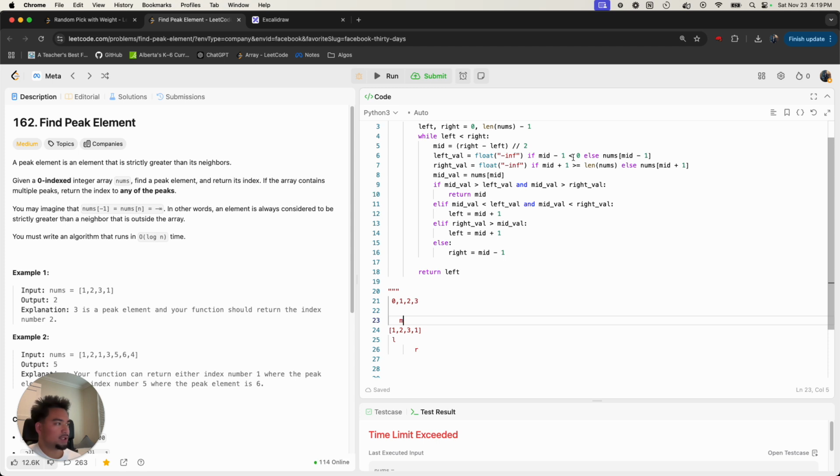If mid minus 1 is less than 0, else, then do that. So I take nums[mid - 1], this one. I'm comparing that. That's my left value. My right value is nums[mid + 1] if it's greater than or equal. Okay, so I'm taking the right values and comparing. If the mid value is greater, so the first one should